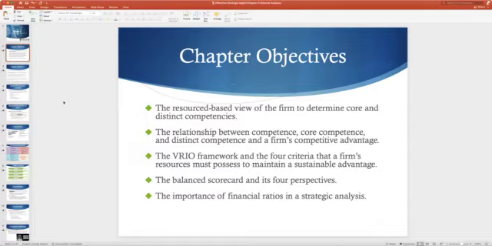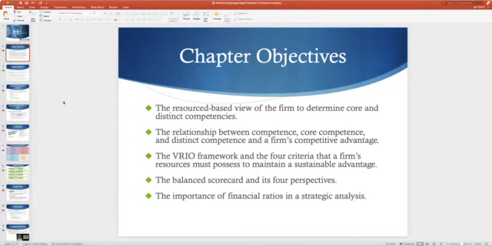This was the 4th of those 5 theories, looking at those resources, competencies, core competencies, capacities that the firm has available. So what we're doing in this particular chapter is analyzing whether or not that firm has these different distinct competencies that it might be able to then use to create a competitive advantage. We're going to then look at the relationship between competence, core competence, distinct competence, and as that moves forward to